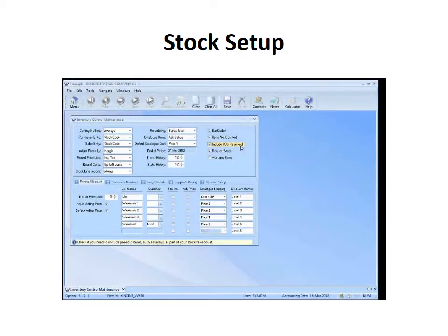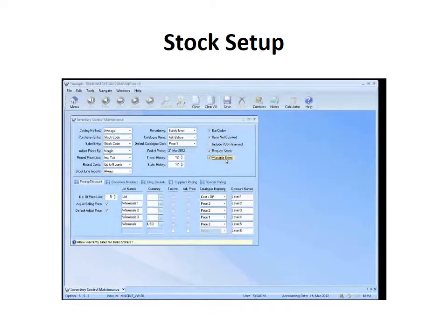So if you are running point of sale, have you taken the lay-bys out and put them separately, and it just doesn't necessarily count them as part of the stock, or the system will just assume that they've been counted as being available. If you've got no stock available, do you want it to actually automatically send a request through to purchasing? So as you're doing a sales order entry or any sale, do you want to request that stock to be sent to purchasing? Warranty sales,